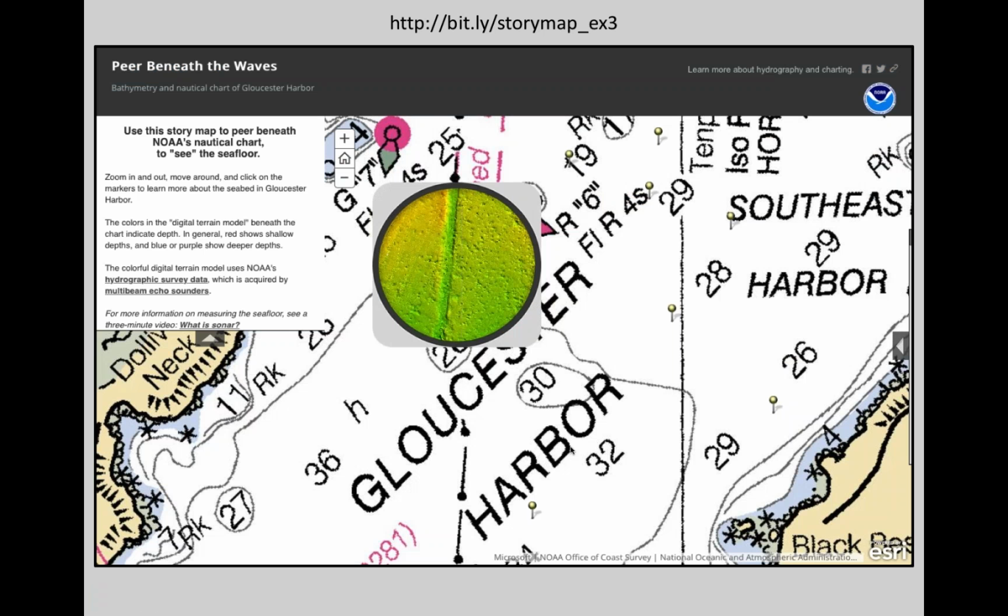And this is an example of the Spyglass map where you have, on one hand, sort of the standard navigational nautical chart that NOAA provides, and on the other hand, you have some high-resolution digital terrain or bathymetry that you can then look at the actual bottom by moving that spyglass around. So again, if you have two maps that you'd like to compare, these are both ways that you can do that. Now, what if you have more than two maps and you want to show a whole series of different